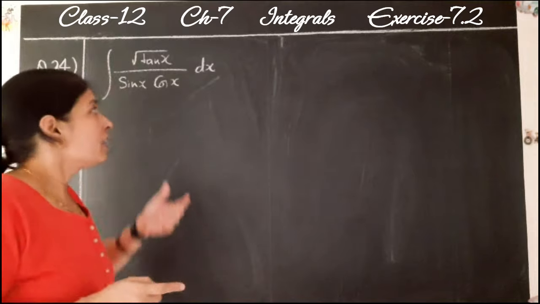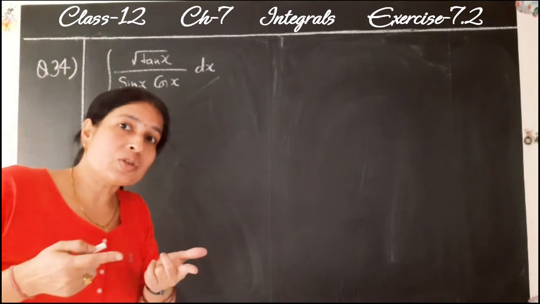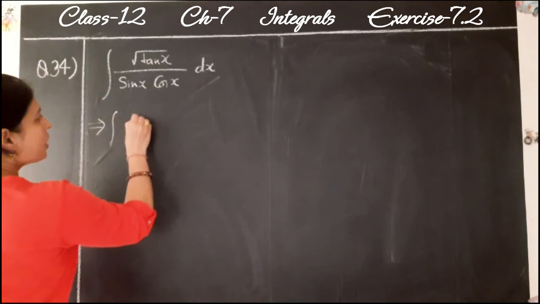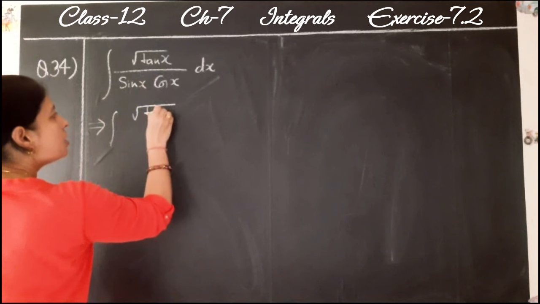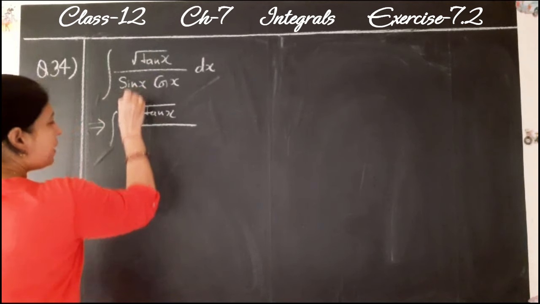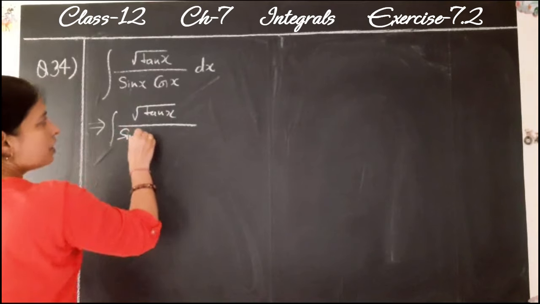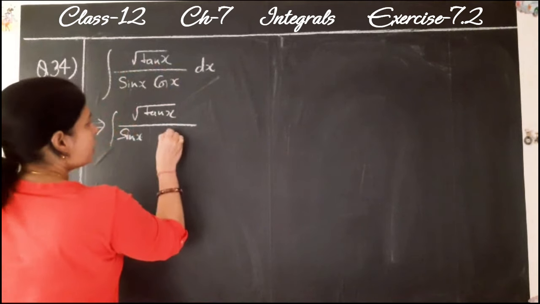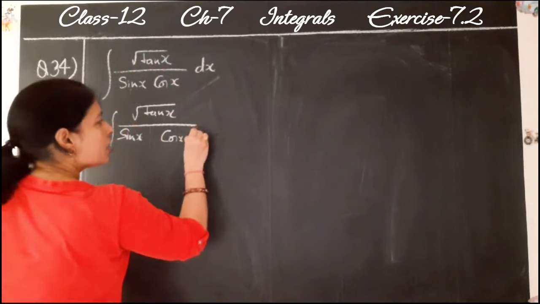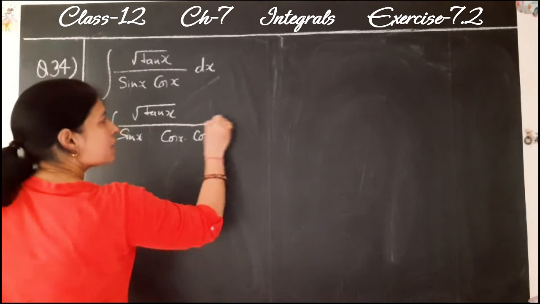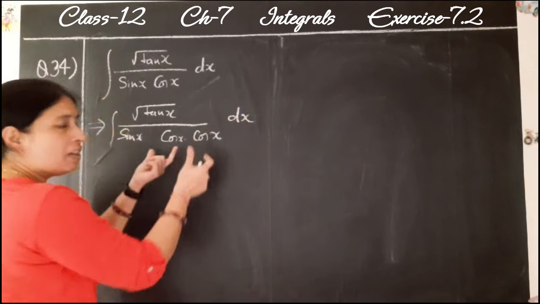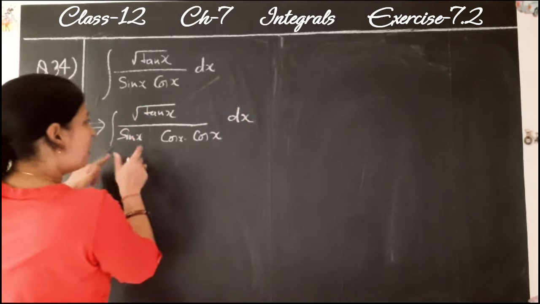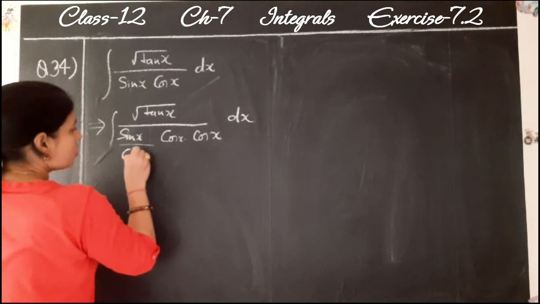So first we make this cos x into sec square x. Okay. For this we have to multiply. Okay. First write this tan x as it is. And write this sin x. We have to make this cos x into sec square x. So for this, multiply this cos x into cos x. Here we have multiplied cos x by cos x, so we will also divide by cos x. So divided by cos x.